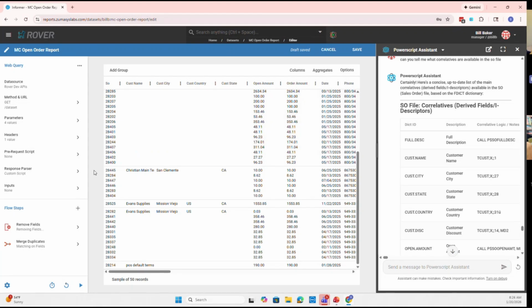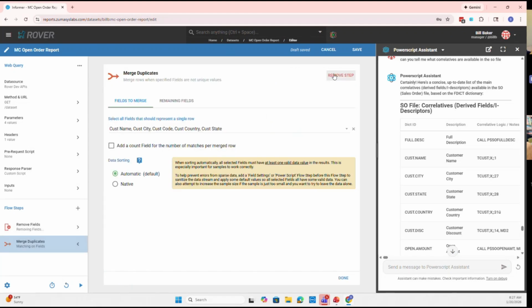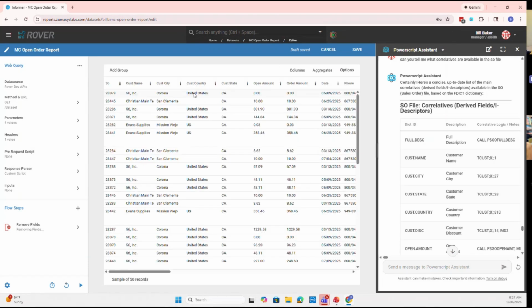We're not really going to do that in this case, so I'm just going to go ahead and delete this flow step, but very powerful, and it's a way to turn things into arrays or group them in the flow steps. So I'm going to back out of that. And the next thing we're going to talk about is